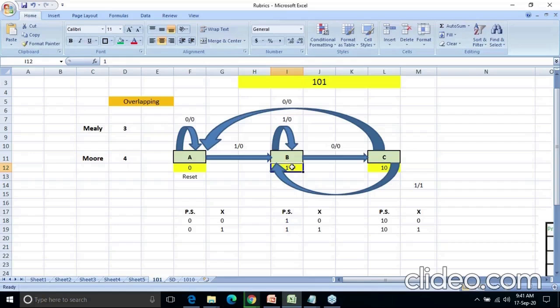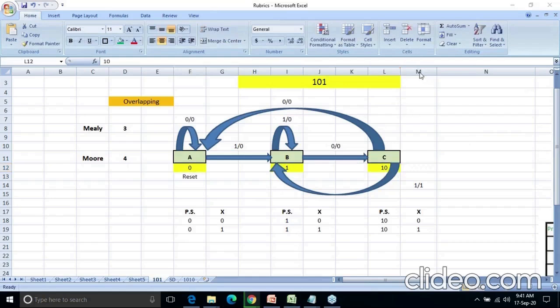Is it clear? Now why have I written 1, 0? Because the first 2 bits of my sequence are 1, 0. That's why I have written 1, 0. Is it clear? Second point is clear. Why have I written 0, 1, 1, 0? Again, I am repeating.